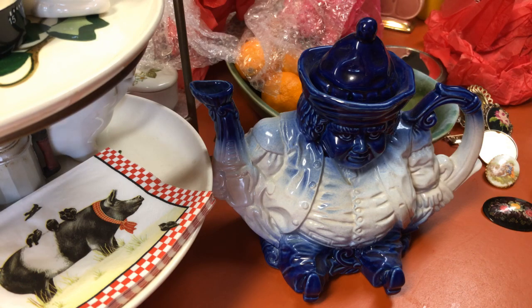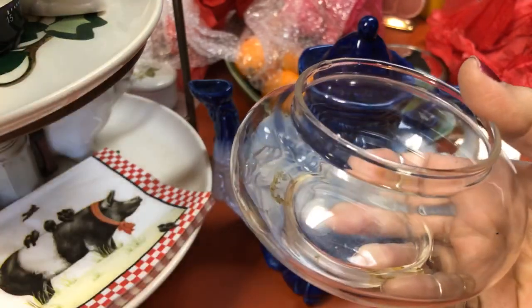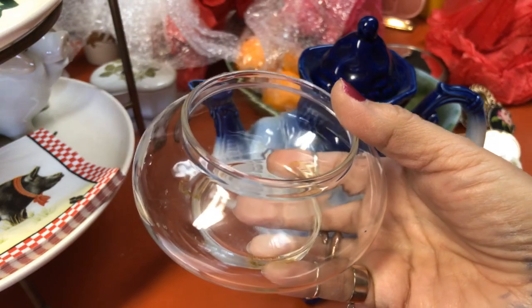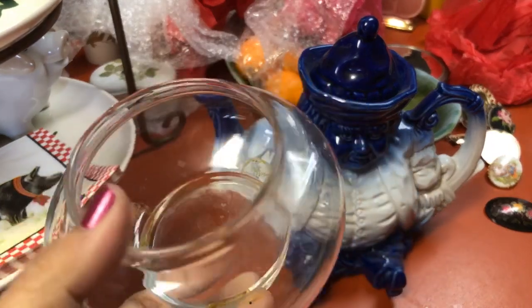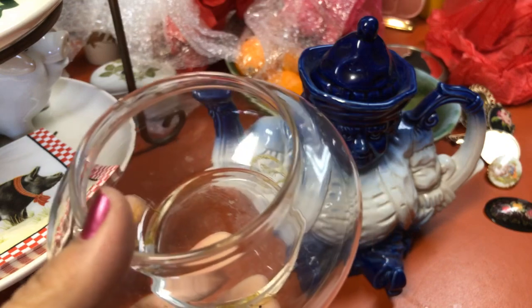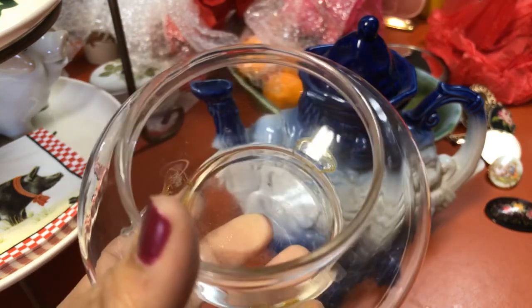I can't tell you the heartbreak of receiving a broken item. It is so devastating to the customer, to the seller, because you lost a sale, and that's not really even the primary reason. It's so disappointing and heartbreaking. It's the fact that you disappointed a customer. That customer wanted that item. It's a one-of-a-kind item. It may be something so rare, and you didn't take the time to individually wrap the